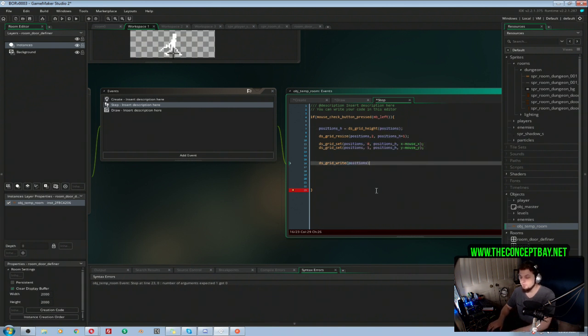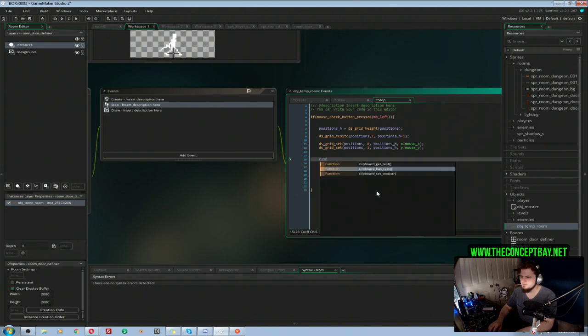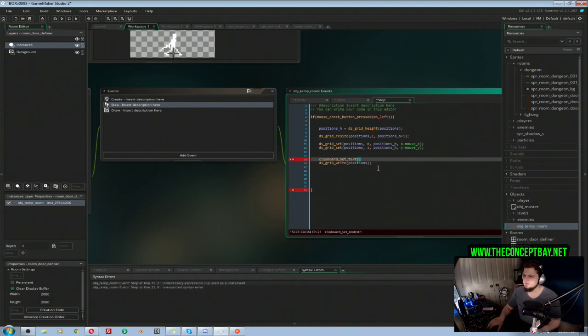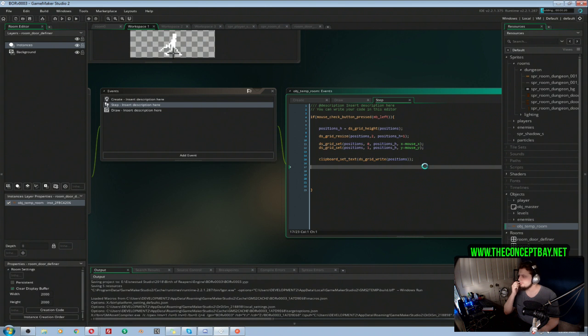It's going to turn our ds grid into a string, and we need to now say what's the buffer name? I keep forgetting. Clipboard set text. So what we're going to do is we're going to turn the grid that we created into a string, and we're going to save that string in the memory. So basically, if I'm going to run this now,